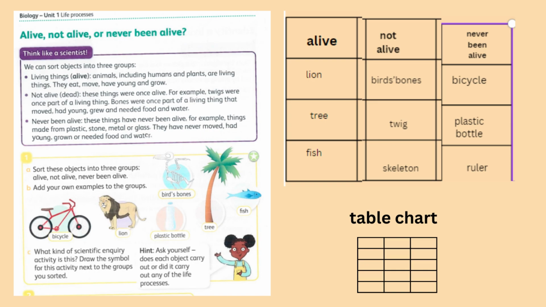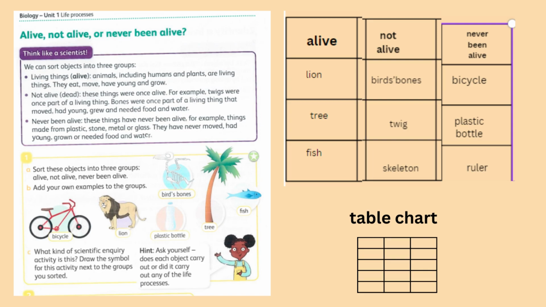What are living things that are alive? Animals, including humans, and plants are living things. They eat, they move, they have young and grow. They perform all life processes. So they are living things. For example, lion, tree, fish. Then not alive, or dead: these things were once alive. For example, twigs were once part of a living thing. They are part of a plant. Bones were once a part of a living thing that moved, had young, grew, and needed food and water. So dead organisms are the